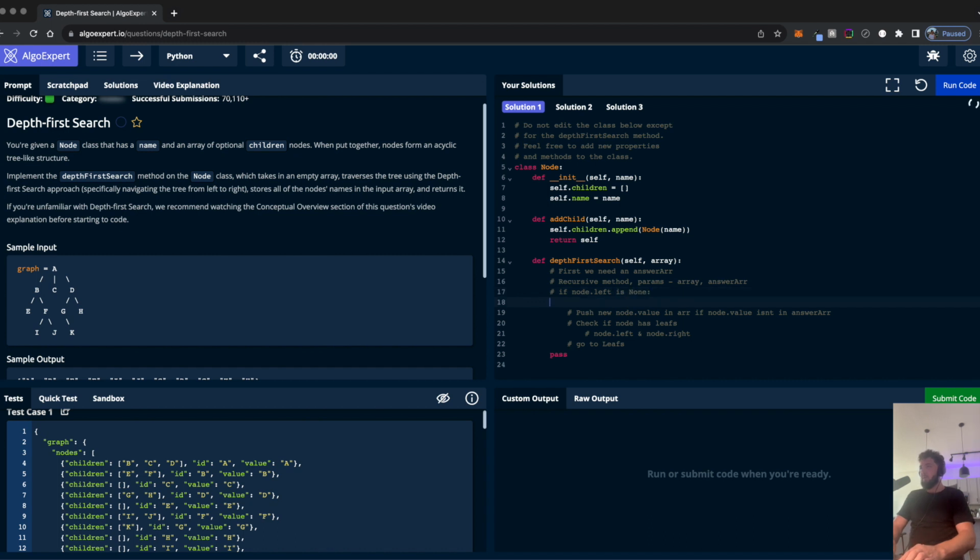If node is none, return. I think that's what we'll do there. So, or node.right is none, return, right? So,